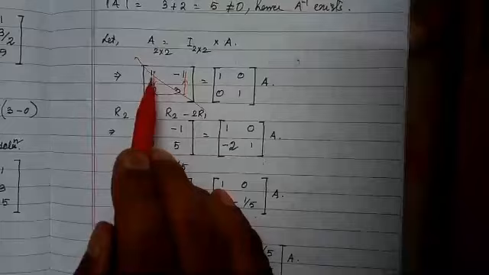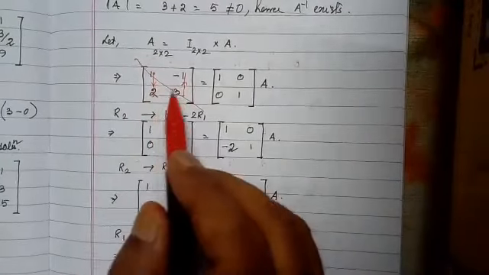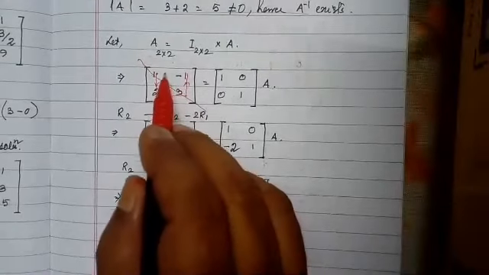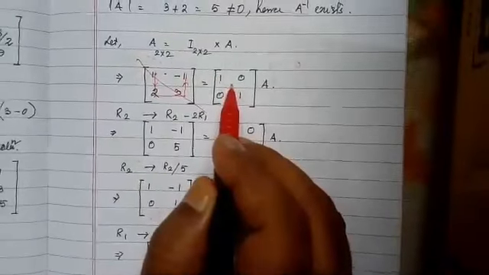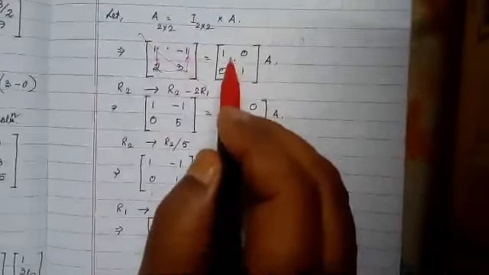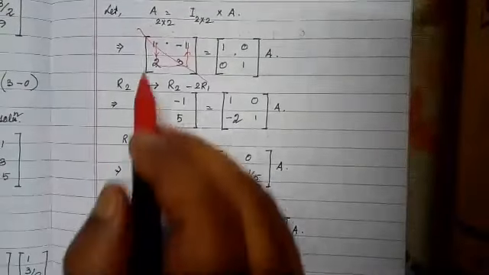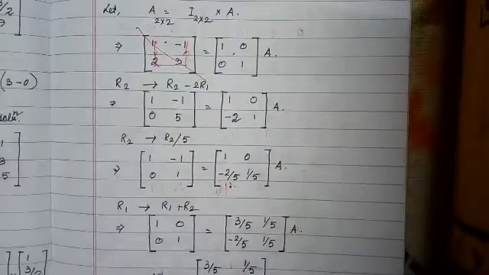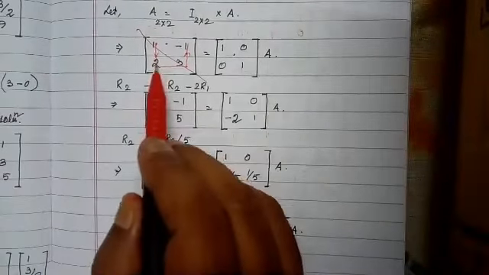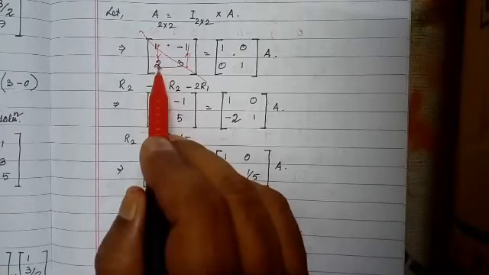Now let us see. First, this is 1, so this is already given. We have to make this 0. What is our tendency? We will convert this one into I. Obviously, the same operations on I will no more keep it as I. It will change to another matrix. That matrix will be A inverse. This is 1 from the beginning, so no operation is needed. We have to make this 0. How to make this 0? If we multiply this by 2 and subtract from this, then it will be 0.